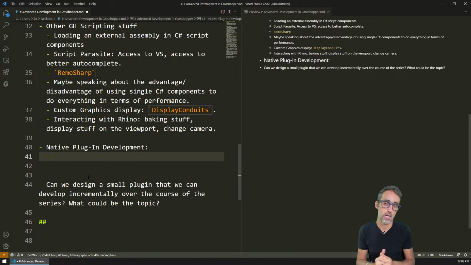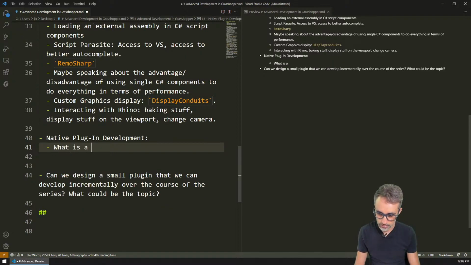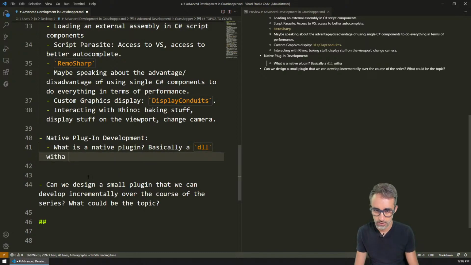So the first thing that we need to start with is, what is a native plugin? Basically a DLL with a particular extension, which I believe is GHA, I forget, and